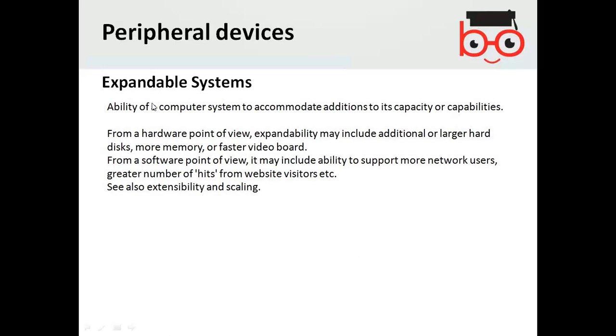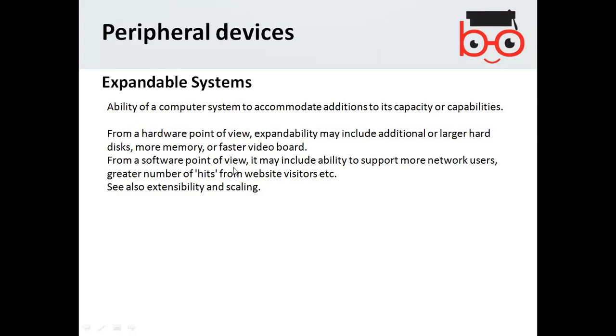Then the next topic is expandable systems: the ability of a computer system to accommodate additions to its capacity or capabilities. From a hardware point of view, expandability may include additional or larger hard drives, more memory, or faster video boards.